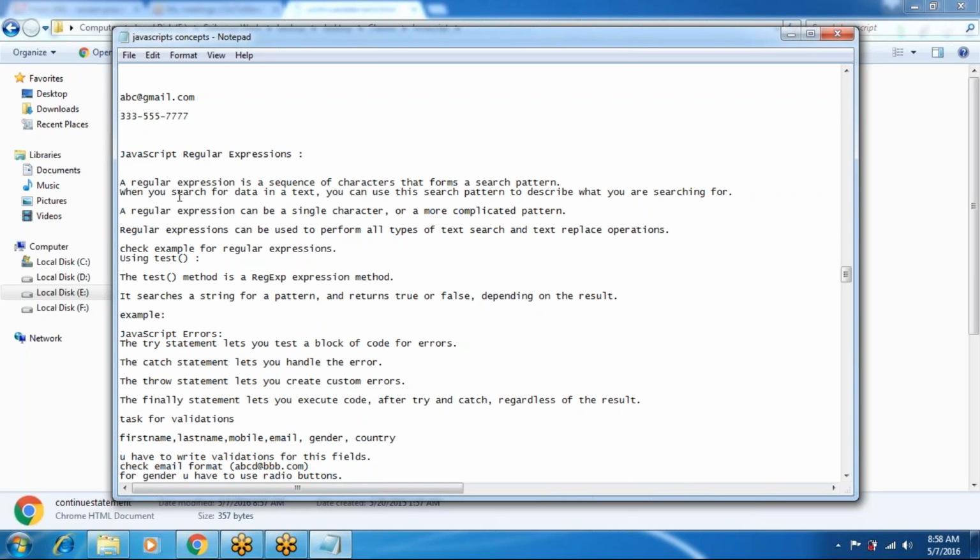So with a regular expression, when you search for data in a text, you can use this search pattern to describe what you are searching for.